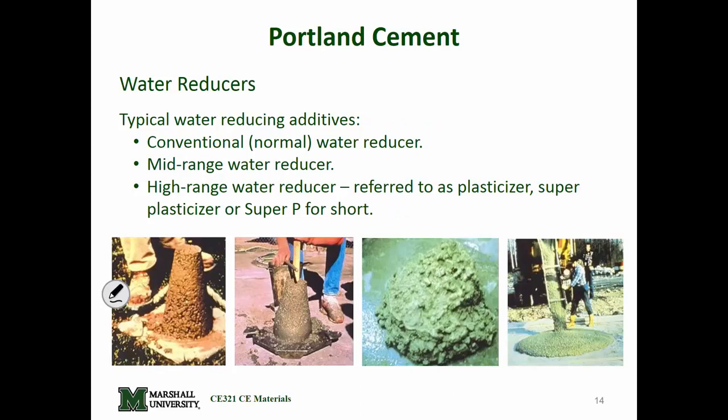We have water reducers that help us get material that can flow well. We can reduce the water cement ratio down where we like to get a high compressive strength, and then we can add some water reducers in there. It's a little misnomer in the term, the way it sounds. We're not really reducing the water by putting that in there. It's not reacting with the water, doing anything with the water. What it does is it allows us to reduce the water we put in the mix. We put some of this in there, a lot of times referred to as super P, superplasticizer, and depending on how much you put in there,